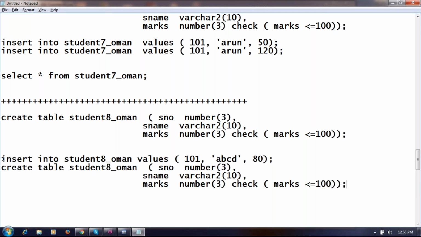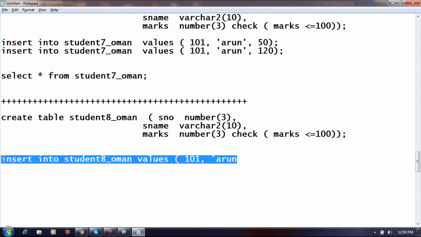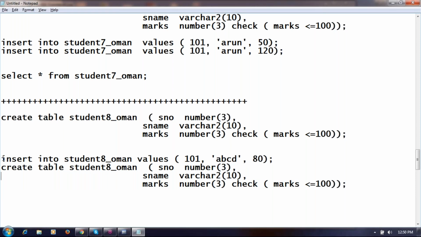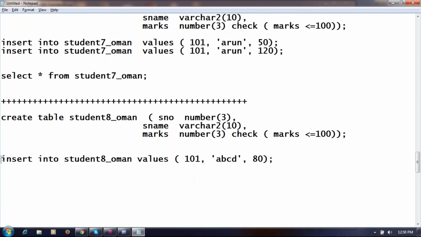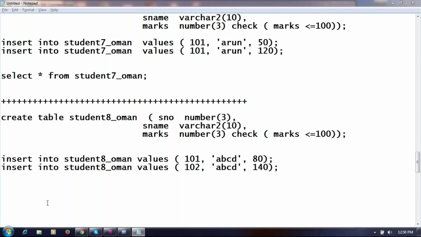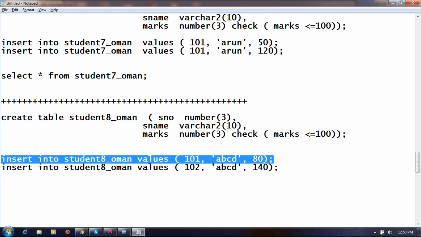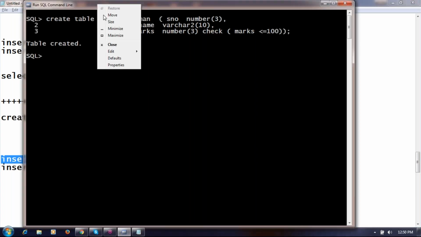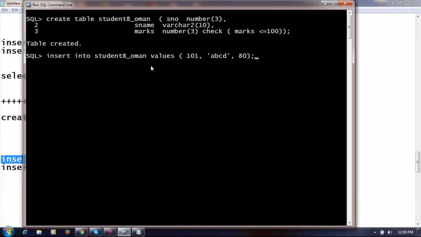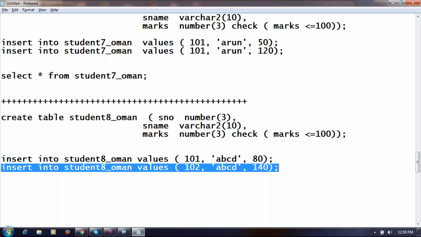Okay. What about the second insert command? No. Error, yes. Okay. First row valid. Second row you get an error.